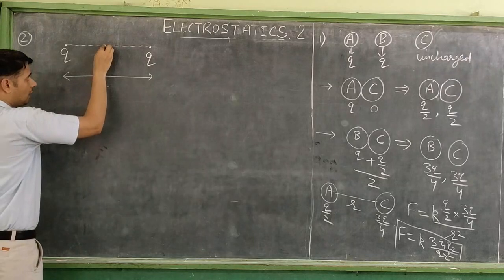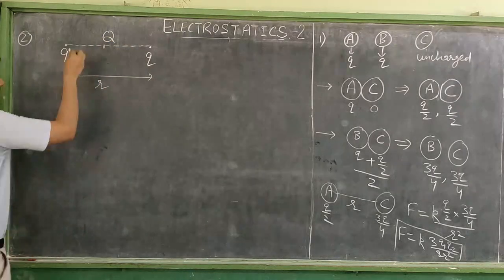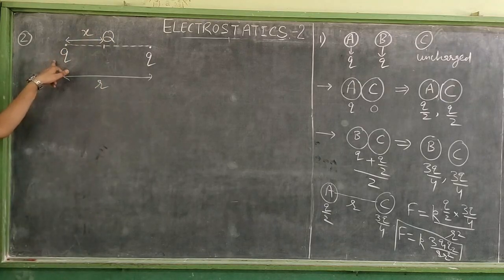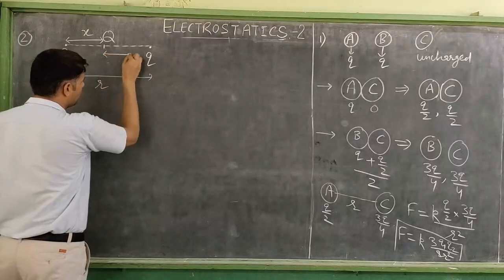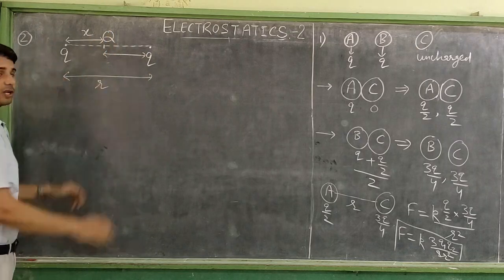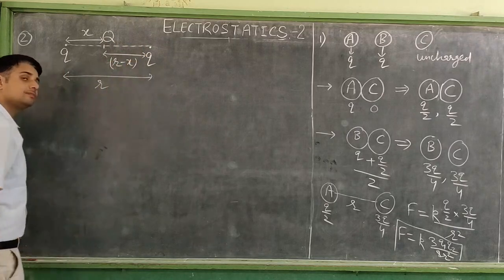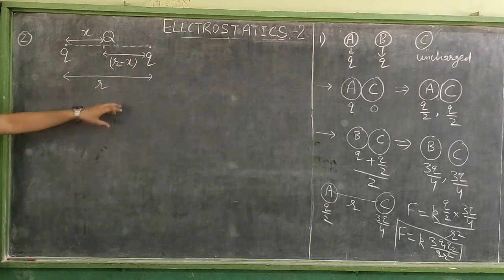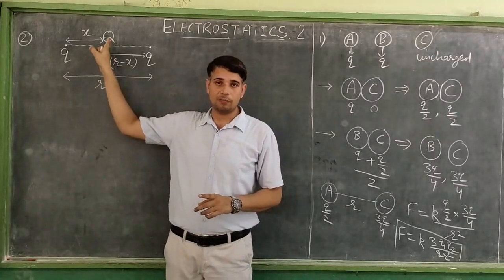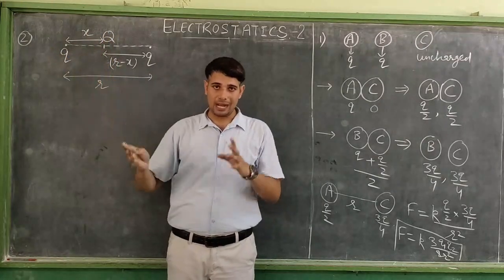So let me place a third charge, capital Q, somewhere at a separation small x from the first charge Q. The total separation is R, and I have placed this third charge at a separation of x, so the remaining separation will be R minus x. Correct? Now we have to calculate three things: the magnitude of this charge, its type, that is the nature, and the third thing, where we shall put it, so that the whole system